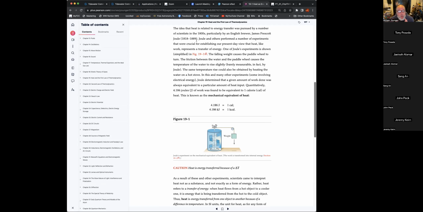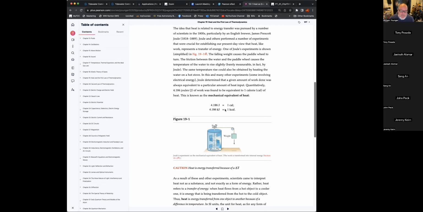And then they had a whole different thing that they thought of as heat. And heat they thought of largely as a fluid. It was a fluid called caloric, and it would flow from one object to another. And ultimately, they were able to decide that it wasn't a fluid, which is good. But one of the big experiments was this one shown right here by James Prescott Joule. It's more than just a conversion factor, which is sort of the way you treat this when you're in high school,